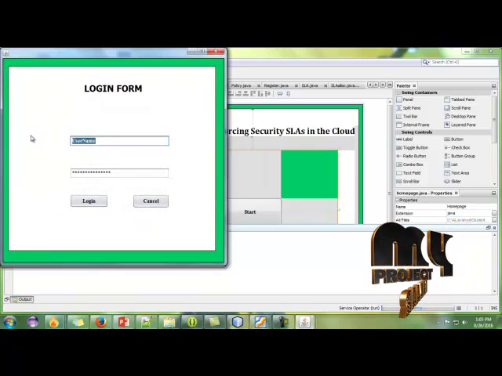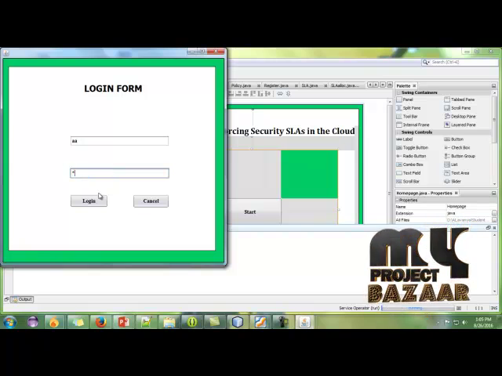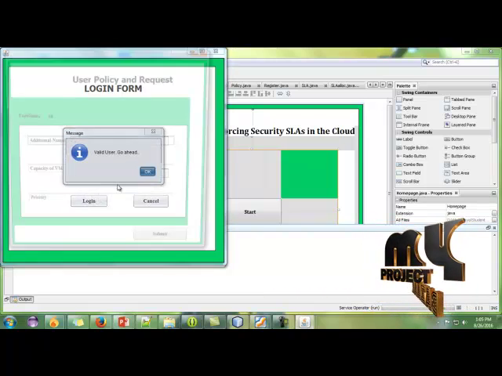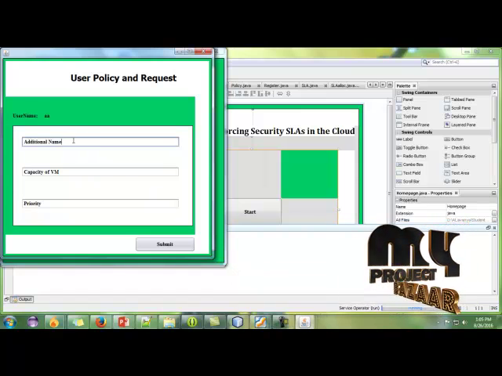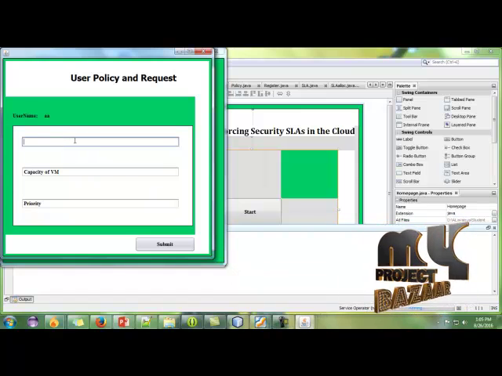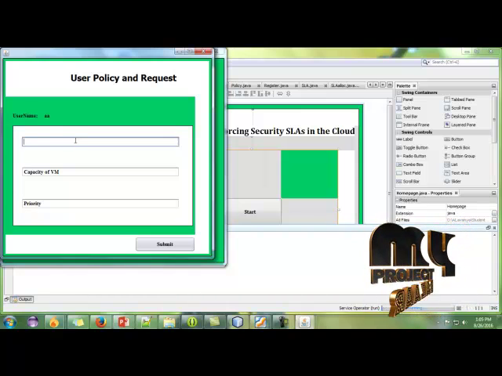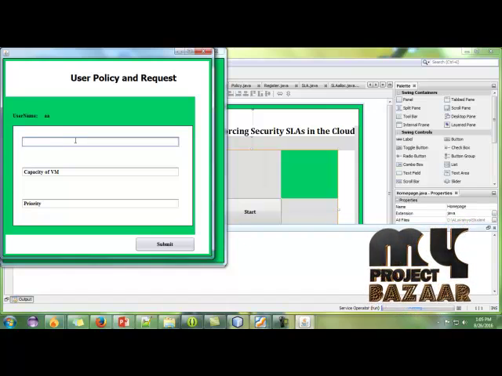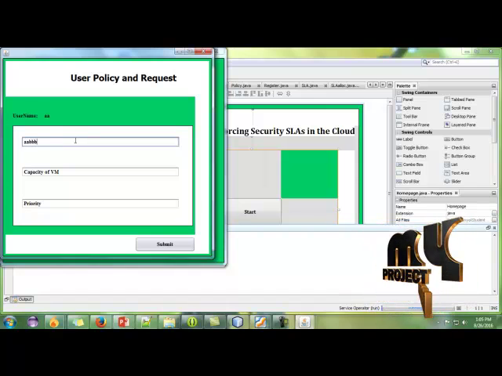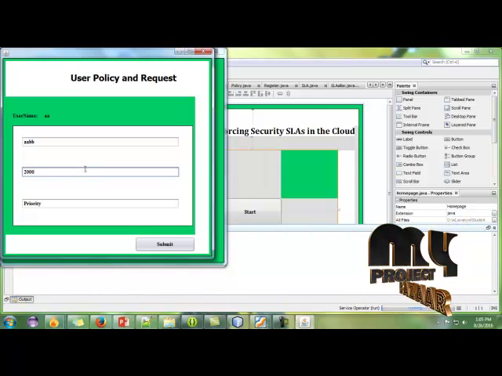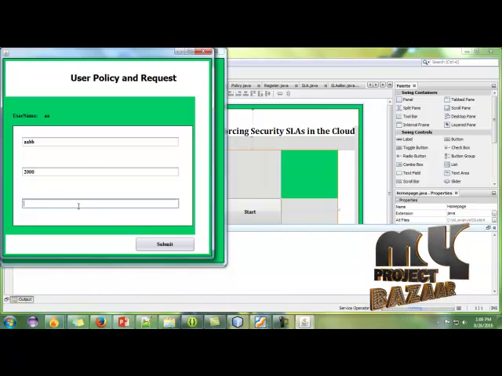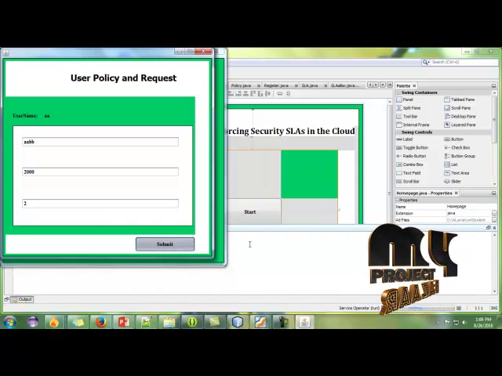Now we enter our username and the password for login. Okay, after that, for the security process we are using some other additional name. Okay, after that we give the capacity. For example, I need the 200 size. Priority I am giving 2. After clicking the submit button,